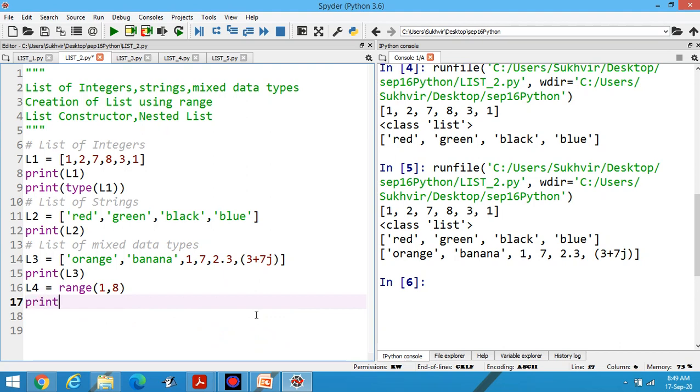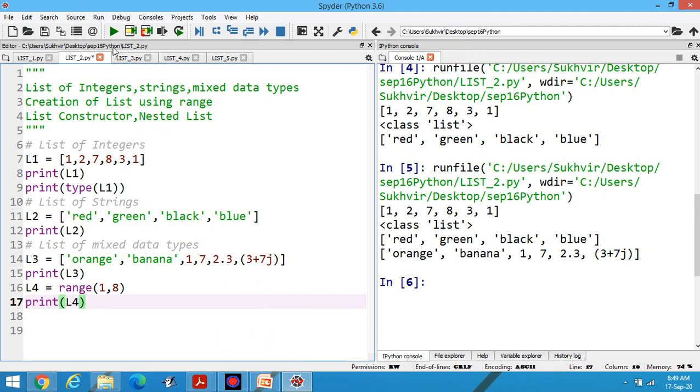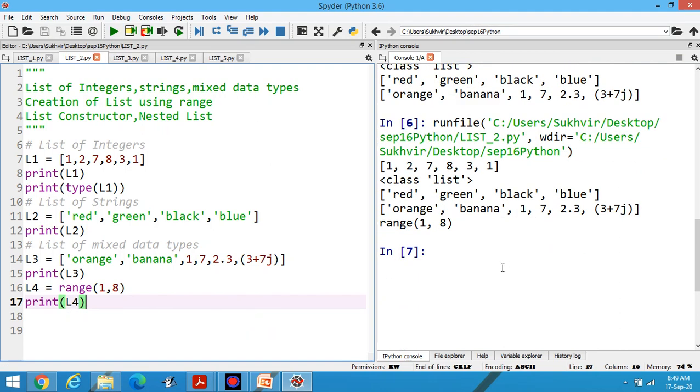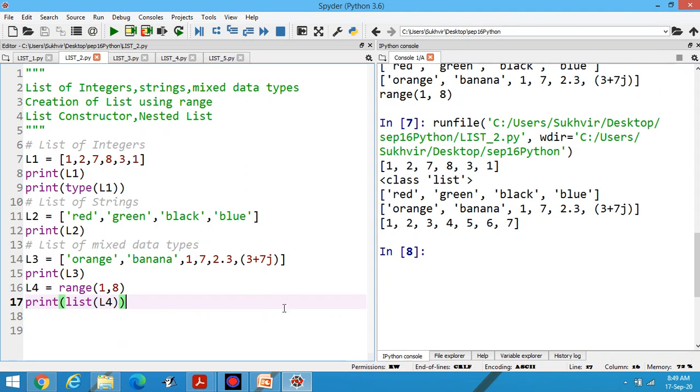Suppose I am writing here print L4. Look at the output. The output is just range 1 to 8, like that. Suppose I am writing here list L4. Now you can print the data. Now what is the meaning of this list? This list is known as the constructor.